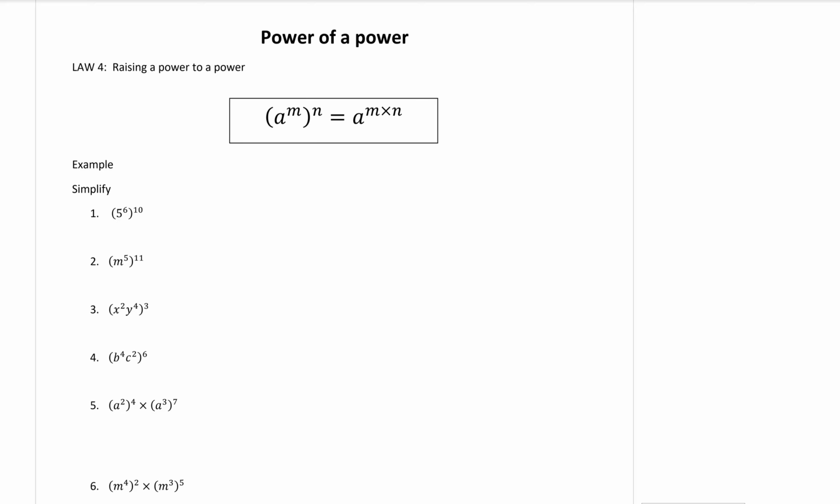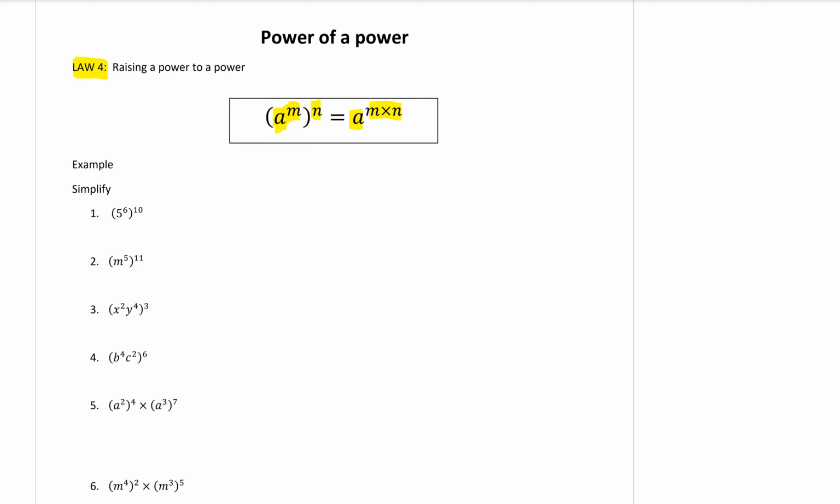Year 9. Our law number 4 today is power of a power. To do power of a power, these questions will look like brackets where you have two powers next to each other. You have a to the power of m inside the brackets, and all of that needs to be to the power of n outside the brackets. To expand those brackets out, a stays the base and you multiply the powers together,